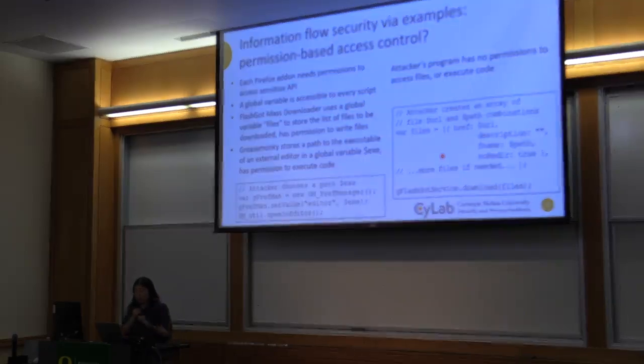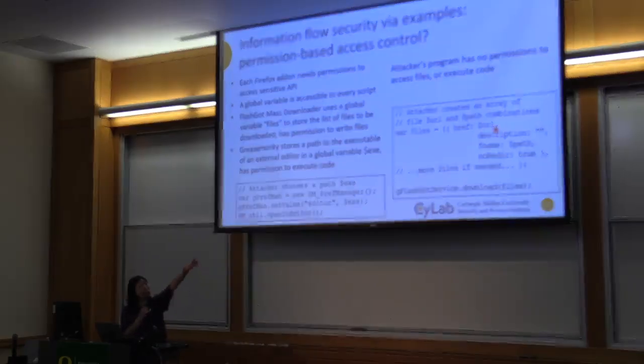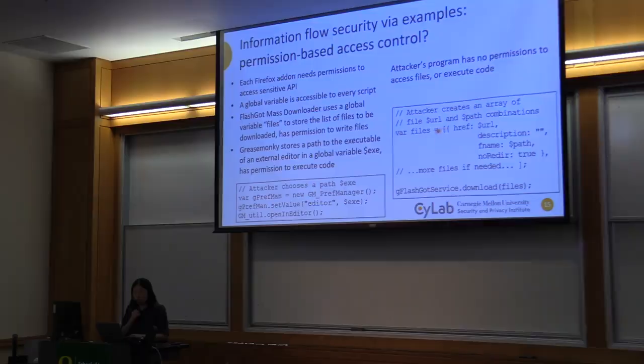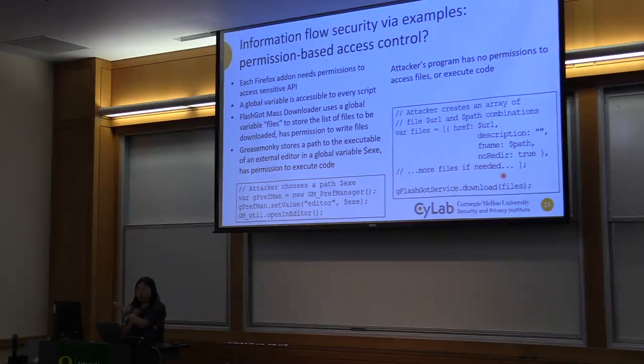So, existing add-ons. The first one you can imagine is going to set up a place for the mass downloader to download the malware, right? So it's going to say that basically there's a URL where the attacker has put the malware, and then it's going to put the path to be a specific location where it's going to store it. That's how they use the download, right? Specify malware and say where it's stored. You can imagine where they want to store, right? They want to store to the global variable where the editor will be started by Grease Monkey, right?